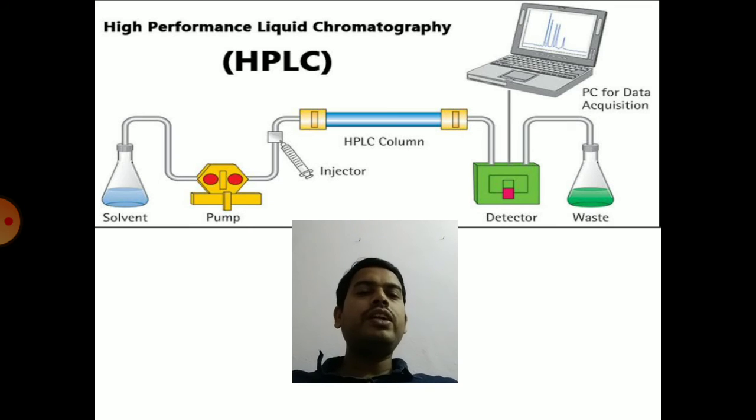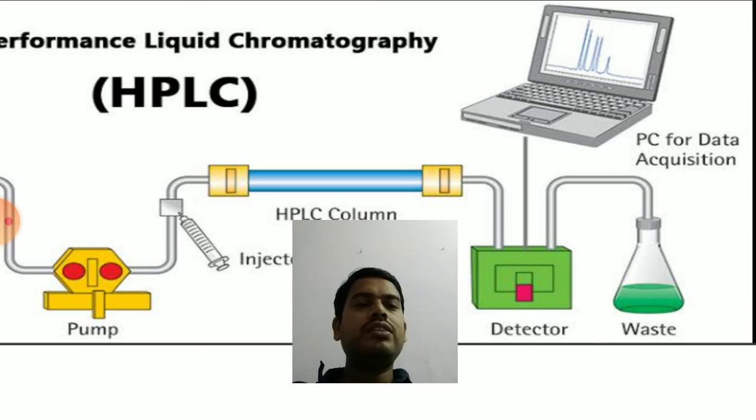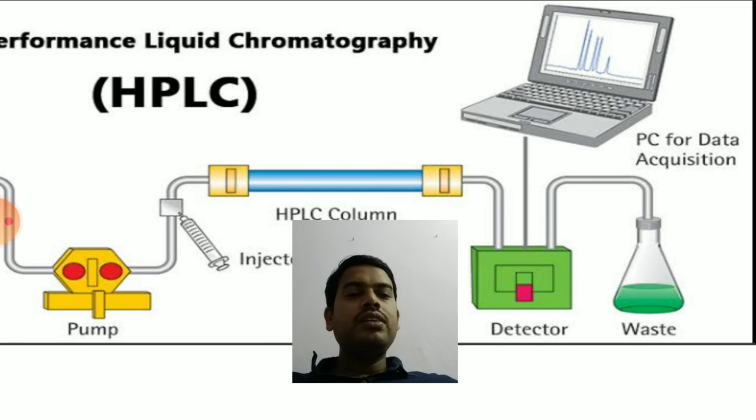With the help of this solvent and pressure pump, the solute particles will be separated, and when they are separated, you get high resolution. You can clearly see the peaks in the computer system there. The detector detects the purity of the solute particle. There won't be any broadening of the peaks. The peaks will be very sharp. That means the sample eluted from the column will be highly pure, so the resolution will be more.